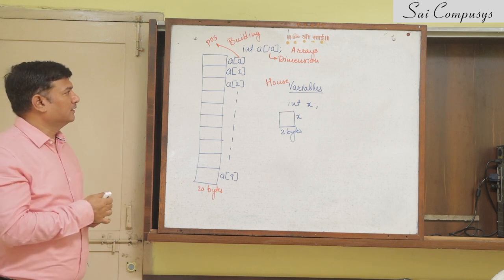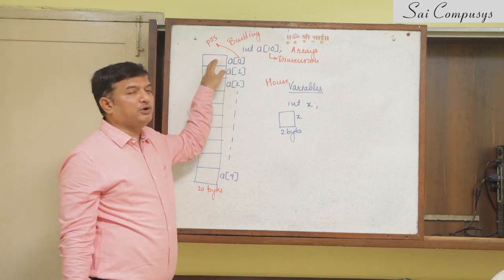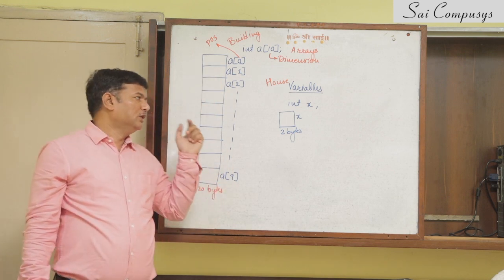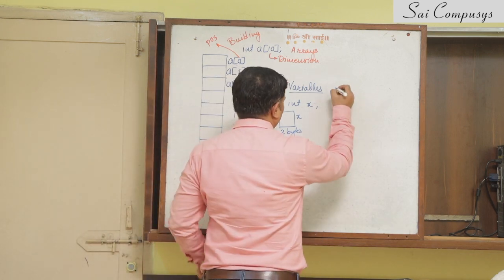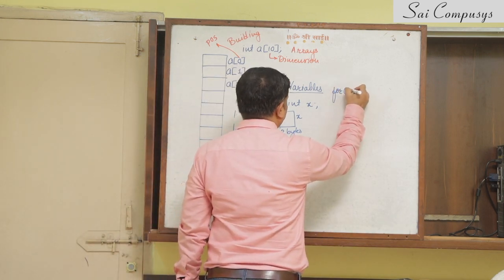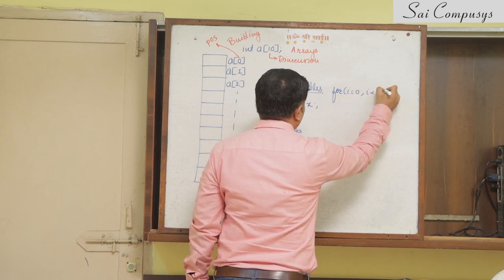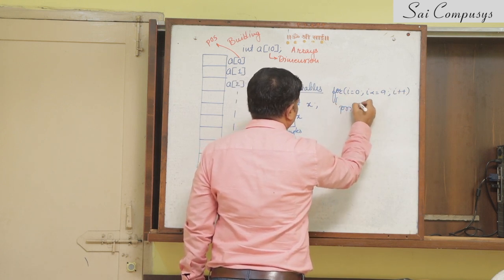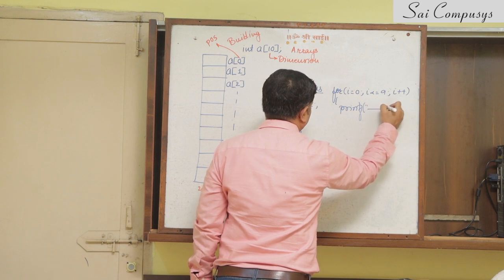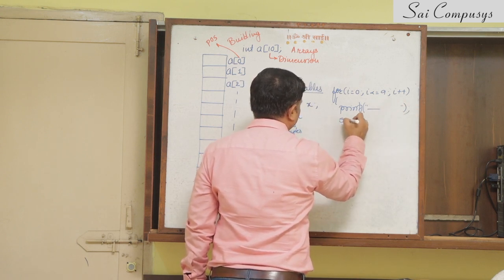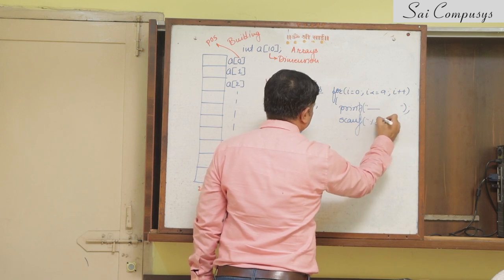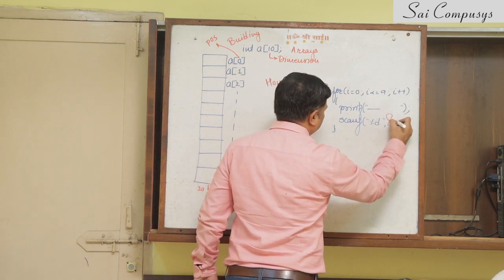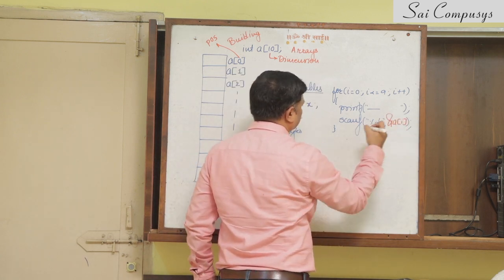But note one thing. The first number should be scanned on A0. The second number has to be scanned on A1. The third number has to be scanned on A2. So do that. This is what I will do. I'll put a loop where instead of 1 to 10, I am using a loop from 0 to 9. I'll ask for the element and I'll get the element with scanf %d. And here I write down the most important thing of arrays, ampersand of A of I.